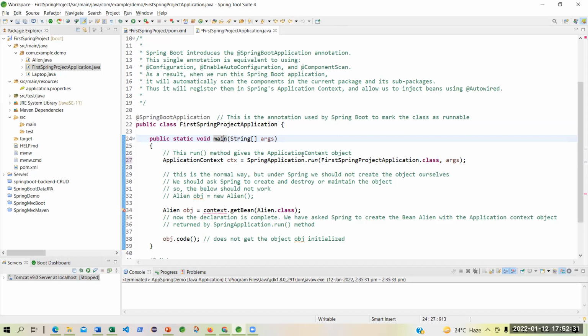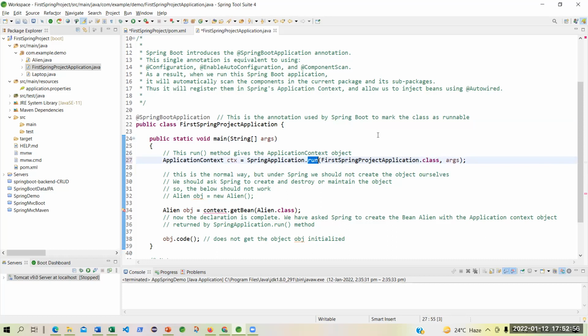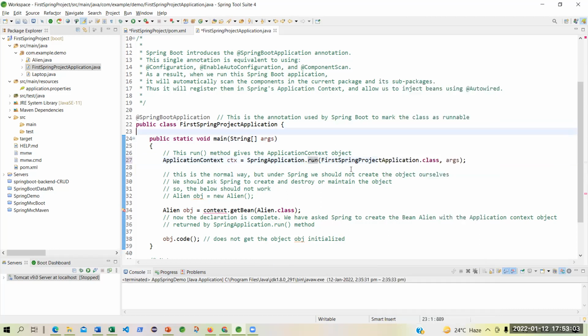And within that, you are using the run method of the Spring application class. And you are starting up which class? Your own class, from where you have originated. You are starting your own engine, because nobody else is going to start up your engine. That is the beauty. It has done everything for you, and it is in a running state. You just have to run it. How do you run it? You just say run as Spring Boot app. That's all. Everything I will take care of.